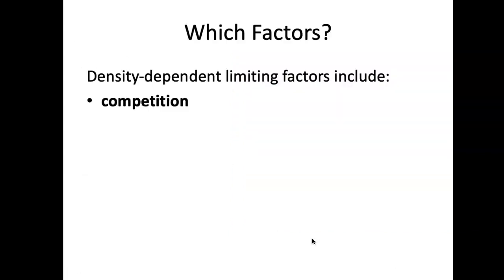So listed for you are competition. They could even fight, and in that case, be wounded and hurt themselves. There could be more predation because they're attracting more organisms to an area, more predators to a particular area. Parasitism, especially among birds, is rampant. And that's why they can't always use their nests more than 1 year in a row or more than 2 years in a row, because they will get parasites. And then just disease from being crowded together.